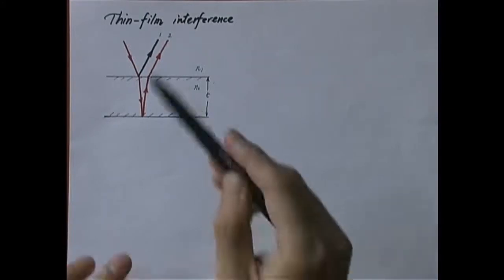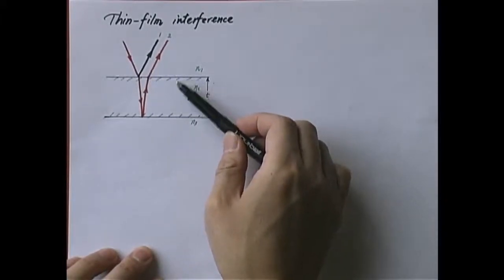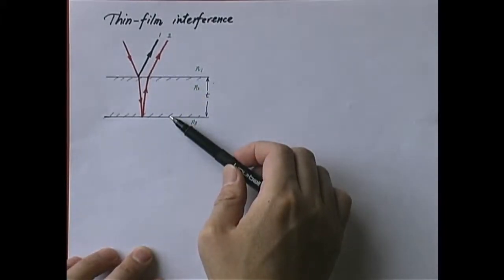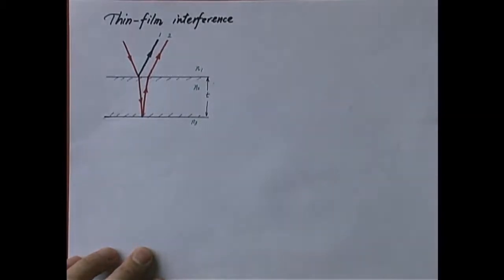Okay, first of all, we have a film. That's a thin layer of transparent material. Okay, we call it thin film. The thickness is t. Now it's got to be thin because otherwise